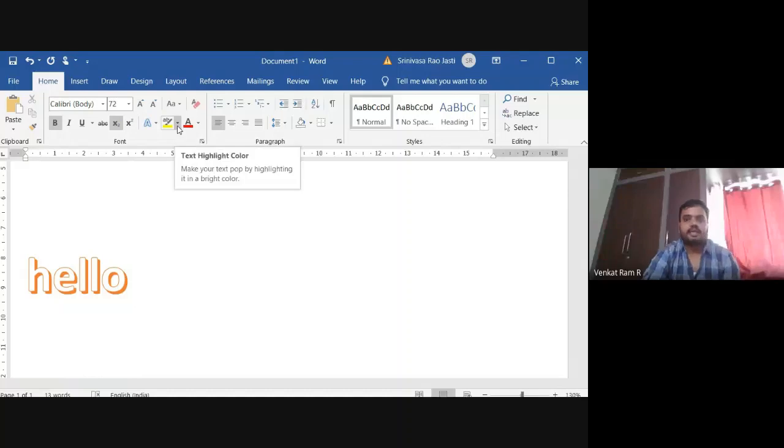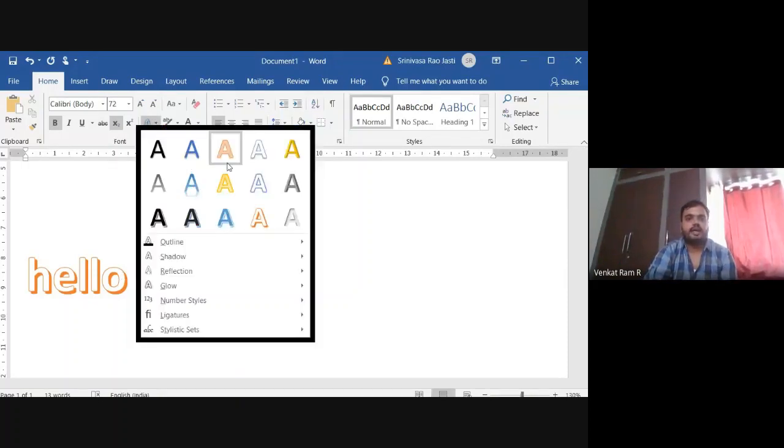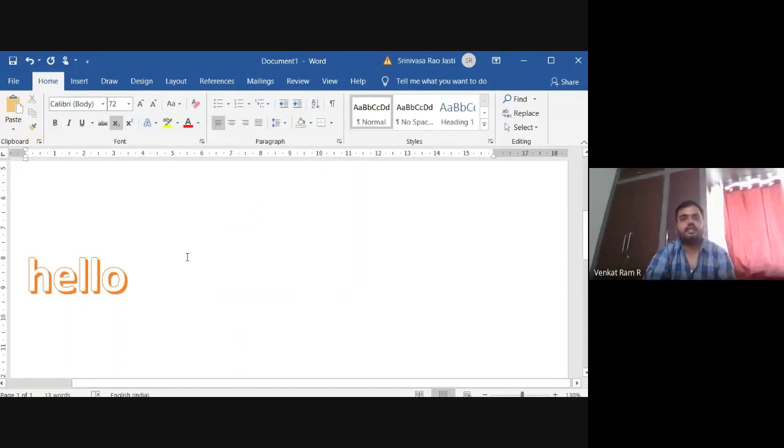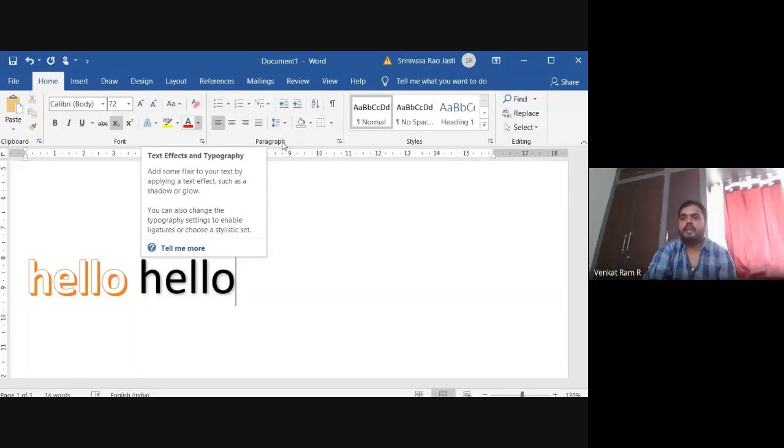And next, see here, what you said, Mr. Chaitanya. It's not changing the color of the outline of the text, it's changing the entire text. If you change some other color, even normally you will get this, see here. It's not like changing. If you want to highlight anything, then you can use this. It can be called a highlighter also, or used for headings. For headings also you can apply.